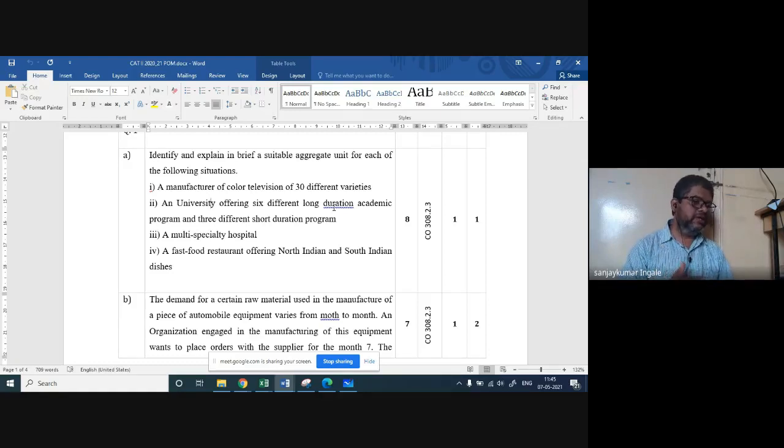And maybe out of 2000, depending upon their interest, some may go for the School of Technology, some may go for the School of Pharmaceutical Sciences, some may go for the School of Commerce and Management, and that may change. But in all, the aggregate unit for a university as such is how many students can enroll, considering the infrastructure of the university. Here also we have calculated how many TV sets we can manufacture, considering the setup of fixed machines that we have in our organization. Are you getting all, students?